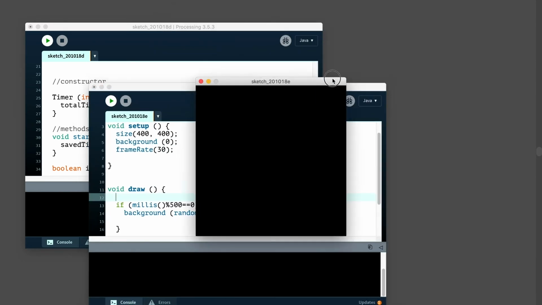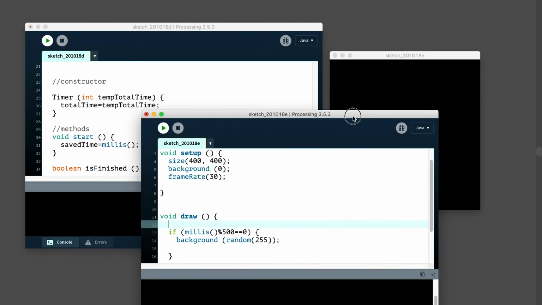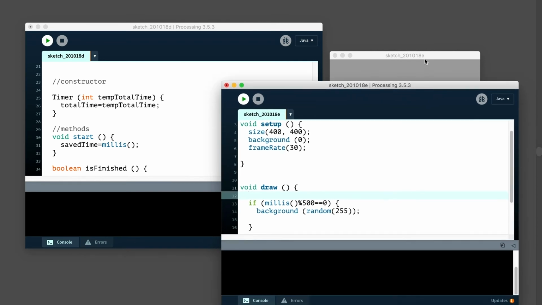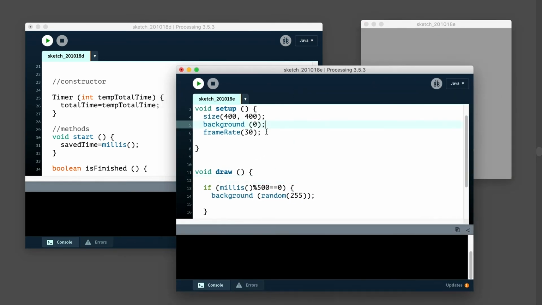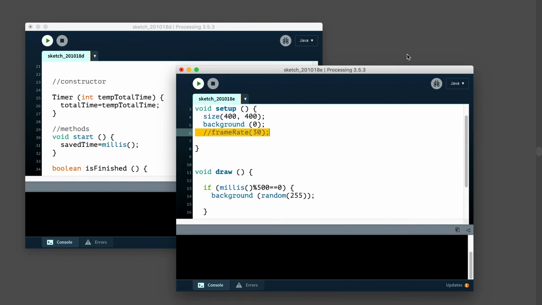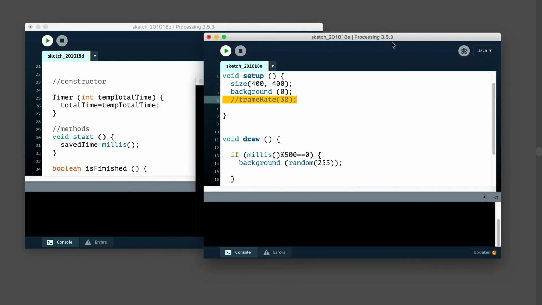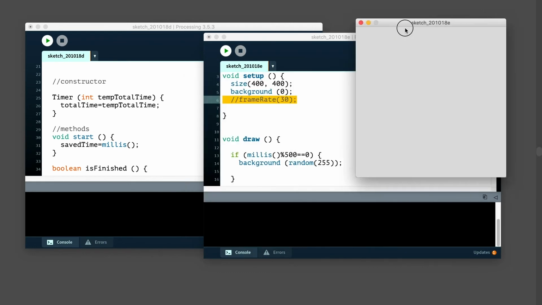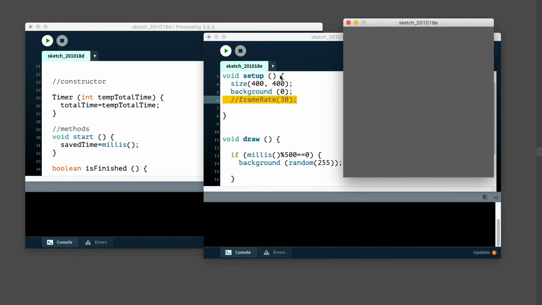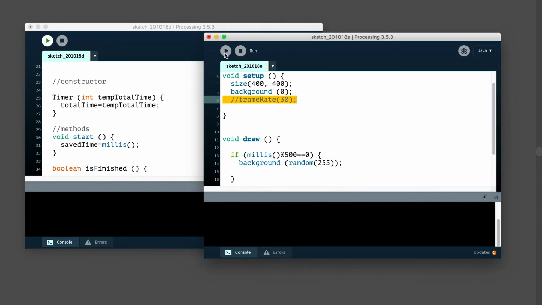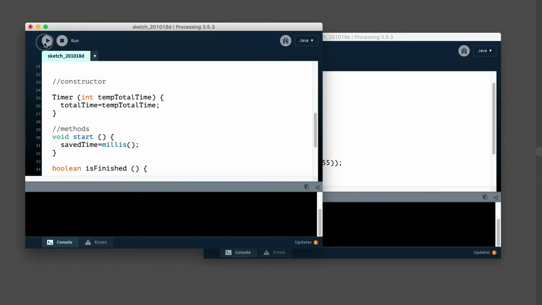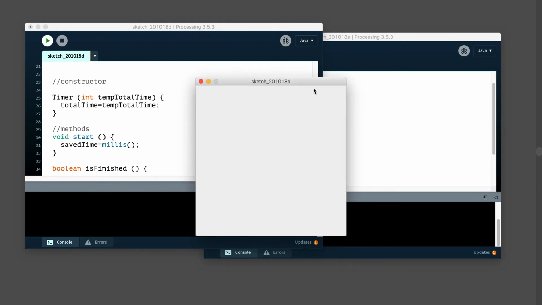Oops. So just to verify, I think that the frame rate is actually affecting it. So let me turn that off. Yeah, you can see that looks like it's going faster. So that is using modulo, and then this is using the timer.